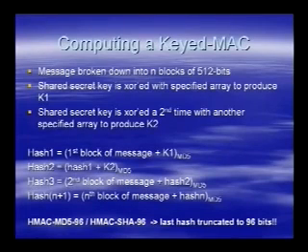Then you take that hash 1 and concatenate it with K2, apply the MD5 algorithm, and you end up with hash 2. Now, depending on how many blocks of message you have, you continuously iterate the hash function by taking a block of message and the previous hash and applying the MD5 algorithm. Essentially, once you get to the last block of message, you get your last hash,